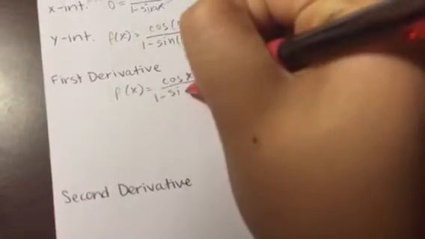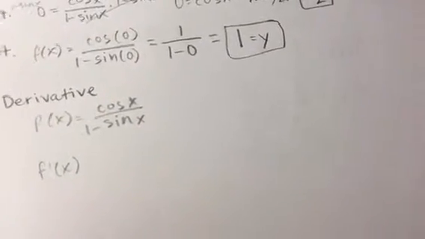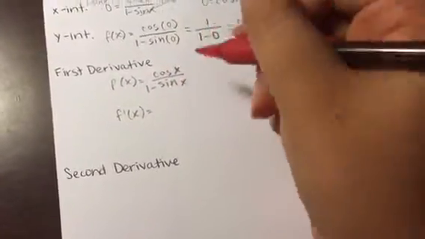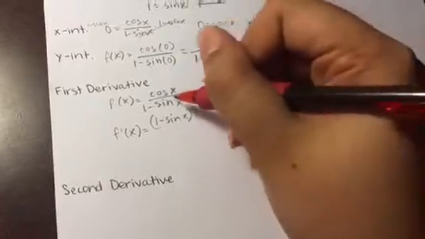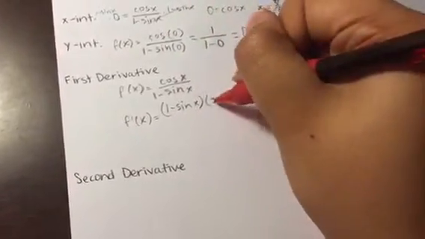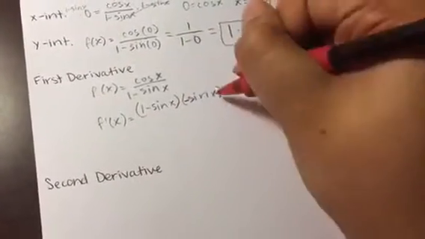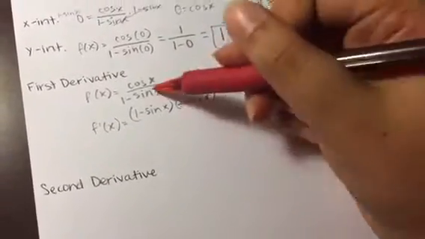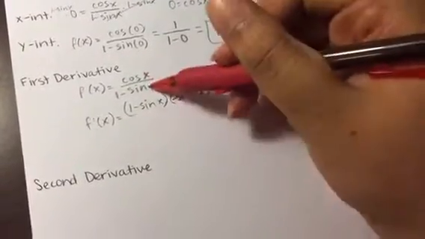Okay, and then for the first derivative, our original equation is f of x equals cos x over 1 minus sine x. So then to take the derivative, we do quotient rule. From here we do low d high, which is the denominator times the derivative of the numerator, which is negative sine x, sorry. Okay, and then we subtract, and now we do the derivative of the bottom, which is